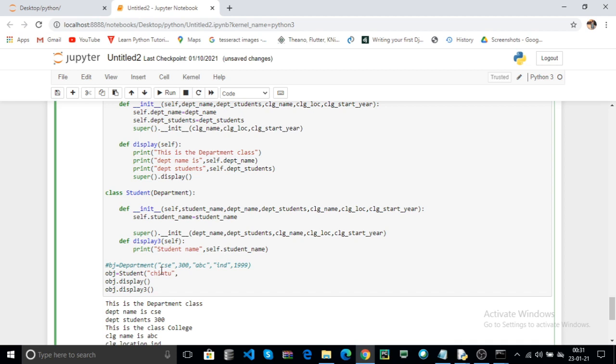The department name is, for example, CSE, and the department students are, for example, 400. Now the college name is ABC. The college location is, for example, India. The college starting year is 1999.